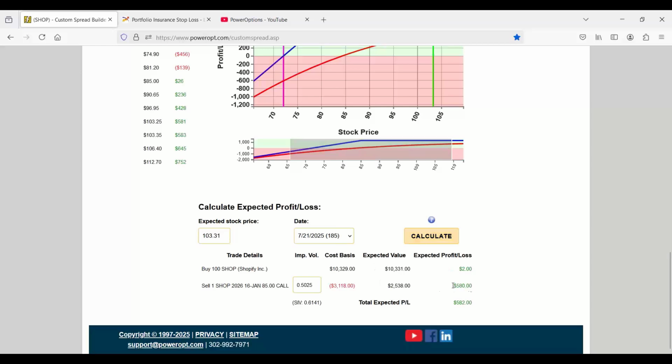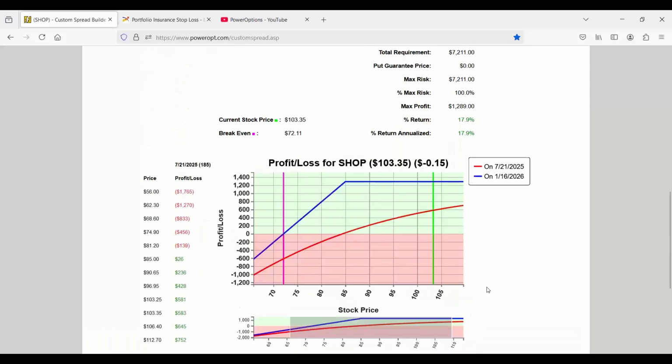Where would we be? You've only gained 580. Okay, let's call it $600. 1/5 of your call premium you've only gained in time decay. That's how slow it is with a time decay curve. You're still paying $2,500 if you wanted to roll this at this point because you've only made 580 again, which is